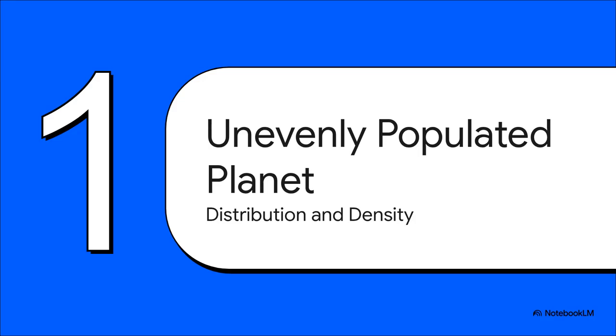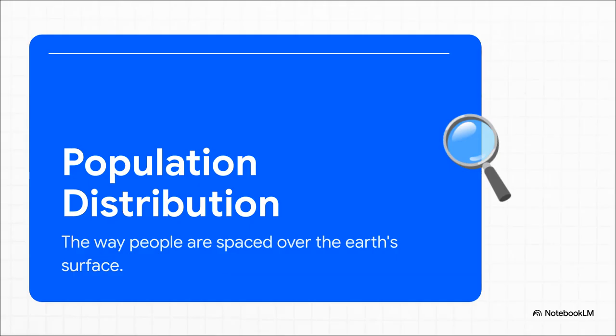All right, first things first. To really get what's going on with our lopsided planet, we've got to wrap our heads around two really important ideas: population distribution and population density. Let's start with distribution. Now, this isn't just about counting people. It's about the pattern, the specific way we're all spaced out. You know that amazing picture of Earth from space at night? All those bright, glittering clusters of light? That's population distribution. It shows you exactly where the party's at, surrounded by these huge, dark, empty areas.